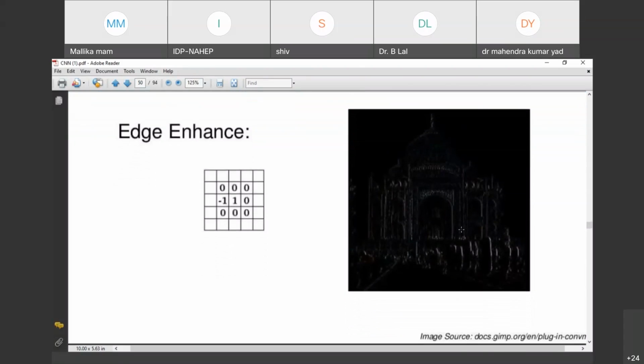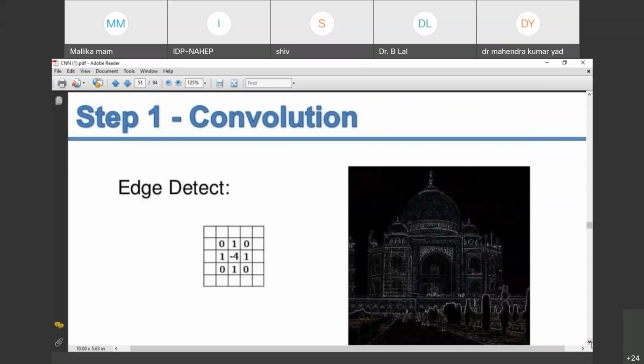Again, let's move forward. See, edge detect. From this particular convolution, what we have found is that if we provide this convolution operation to our image, it will detect the edges. Only it will detect the edges. Before that, we have seen enhance, which means we can emboss the particular edges only. But here it has detected the edges of the particular image. After that,